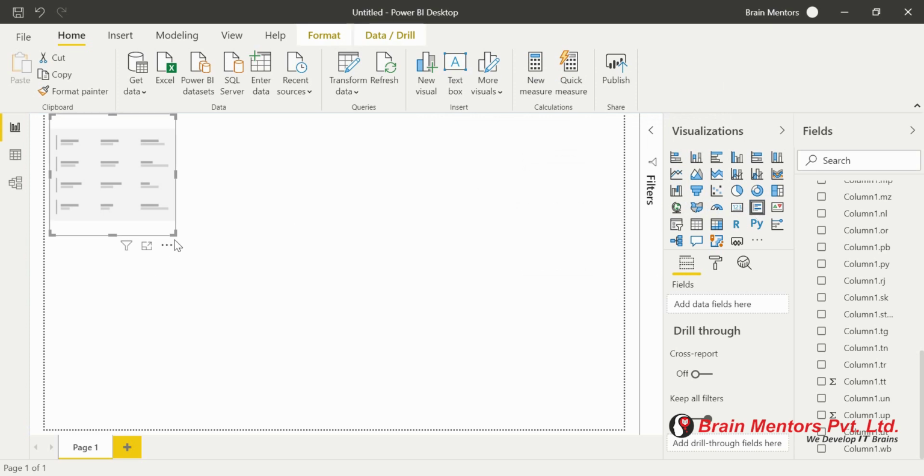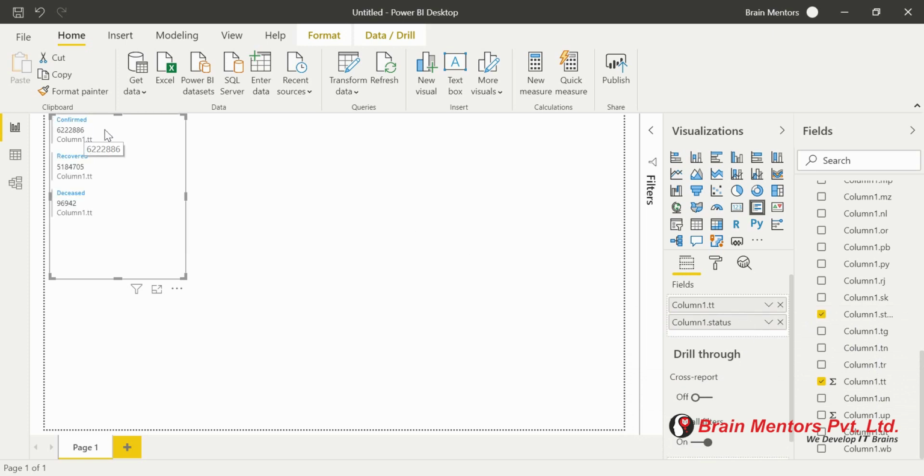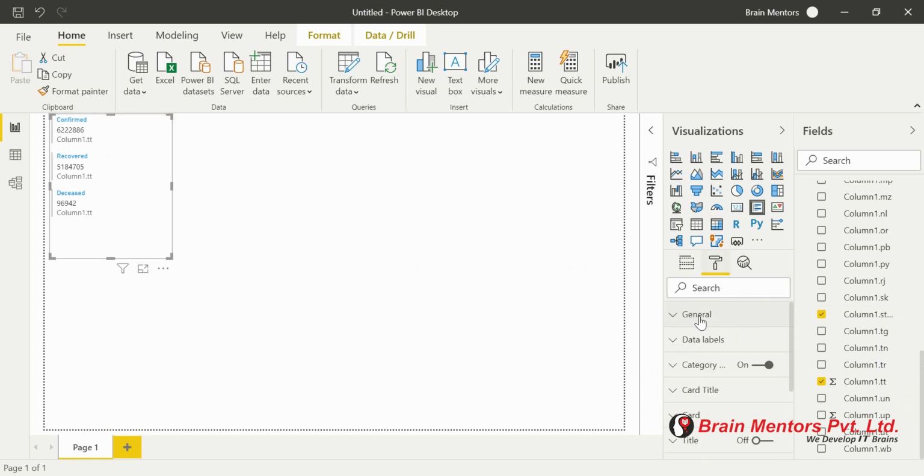In this multi-row card, I'll show you the number of total cases, the confirmed cases, recovered cases and deceased cases in India. Okay, so we just have to put the TT, that is the total cases. So you can see total cases something like 1150 this. But if I want the categorization, like the confirmed, recovered and deceased, I have to pick the status column and put it here. Now you can see data is being divided into three categories: confirmed cases, recovered cases and deceased cases till yesterday.